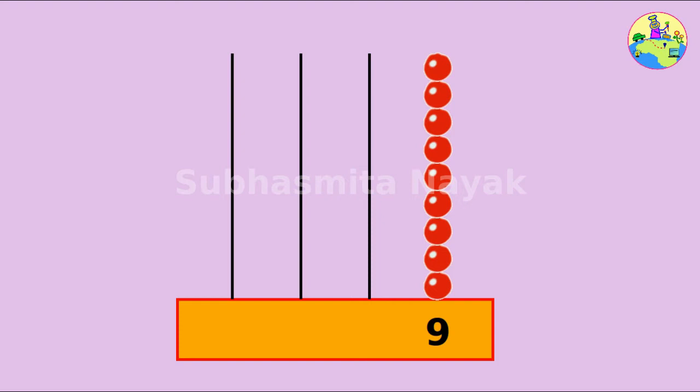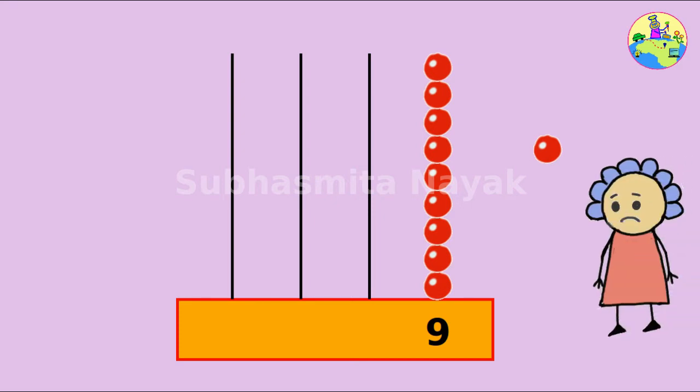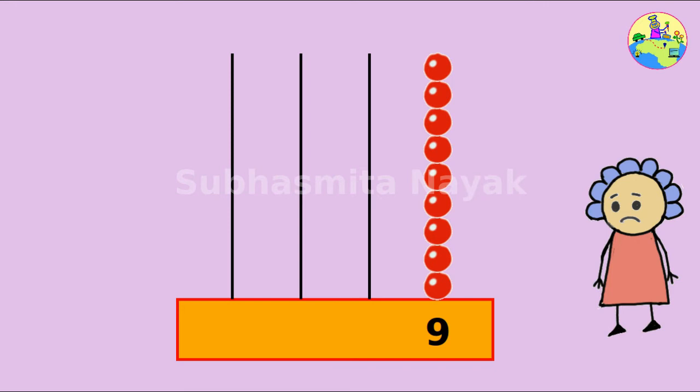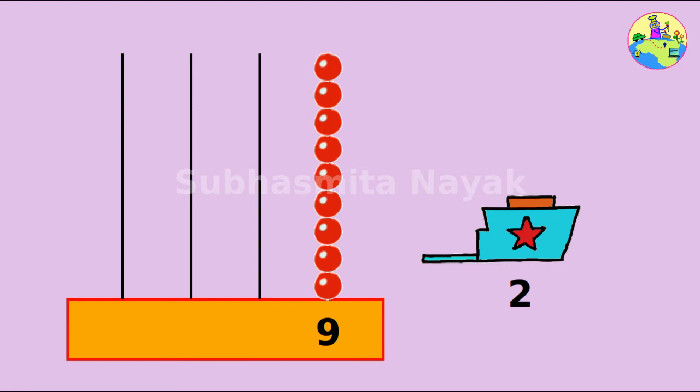Now let's pause. Let's say we don't have enough space in this rod for another bead. Maximum we could have is 9. Also, if I want to represent one big number, I need to add so many beads. It will be difficult for someone to count all these beads. What we will do is, we will put 10 beads to this magic box and make one big bead. This one big bead is equal to 10 beads.